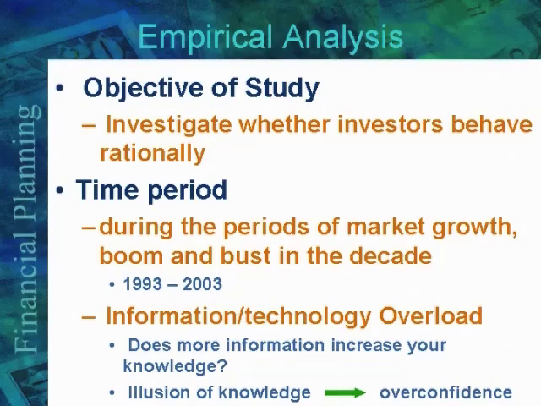And this time period is really interesting because you have three distinct types of markets during this 10-year period. 91 to 93 was a mild recession. Then the economy turned around and the growth was robust, 93 to 96. 97 to 99 was a boom, actually. That's the dot-com boom. So it was an absolute boom. And then 2000 to 2003, as you know, was a bust period. The market tanked, and that was the bursting of the dot-com bubble.